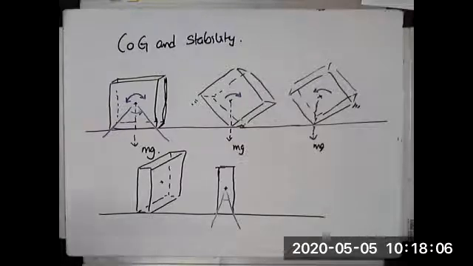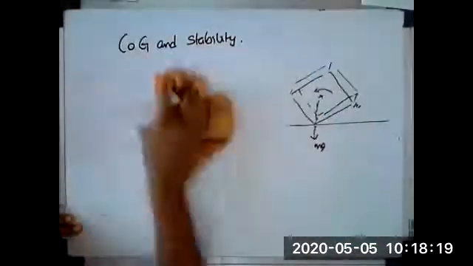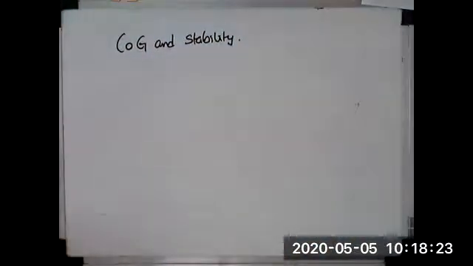Then there are some curious cases of an object's center of gravity and consequently its stability. The one case that we were looking at is the donut. Is it necessary for the center of gravity of an object to be within its body itself? Well, it turns out that no,